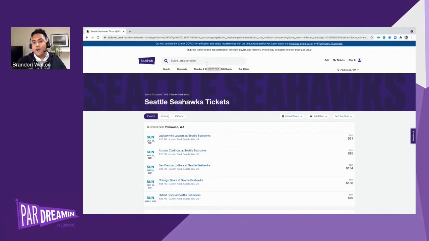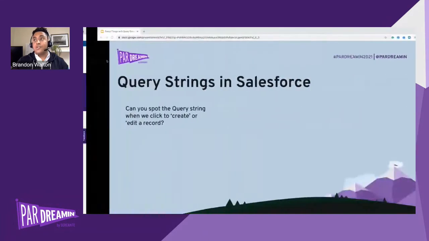And if you're a Pardot marketer and you're hearing words like campaign attribution and attributing revenue to different campaigns, oftentimes they're talking about these things called UTM parameters, UTM source, UTM campaign. And you can see here we click through an ad in Google and we've got these source equals Google, medium equals paid search. And so this is actually what we're using as marketers to understand the source of these things. So an important thing to know, and all that is going to be done through query strings more often than not.